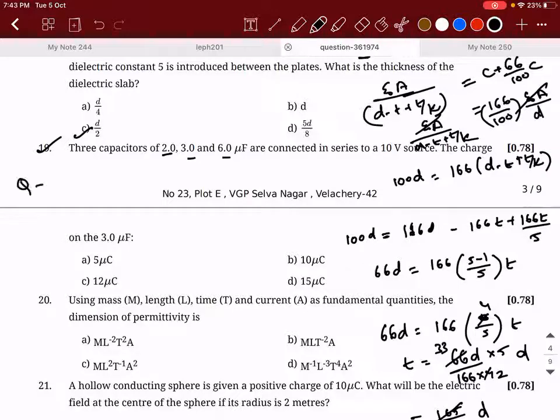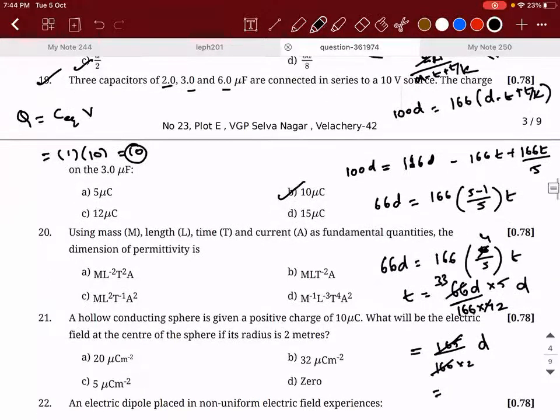Okay, so you have to write Q is equal to C equivalent into V. C equivalent, oh no, they're in series. So when they're in series, what is the equivalent capacitance you guys are getting? 1, sir. Correct? So 1 into potential 10. So 10 is the total charge. The same is going to be the charge on each capacitor. Answer B. Mithun, you told B only, right? Yes, sir. B only I told, sir. Okay.